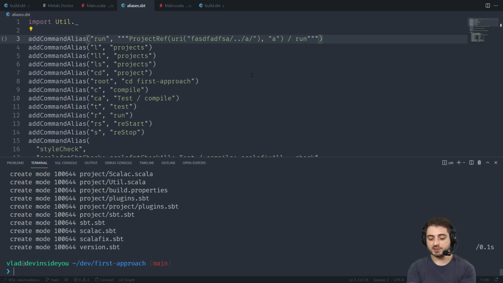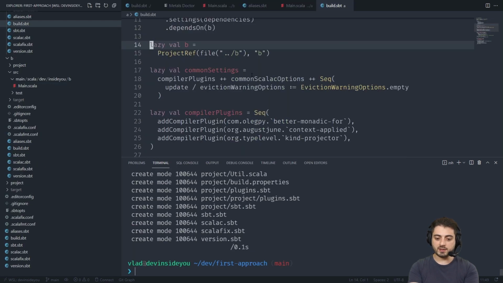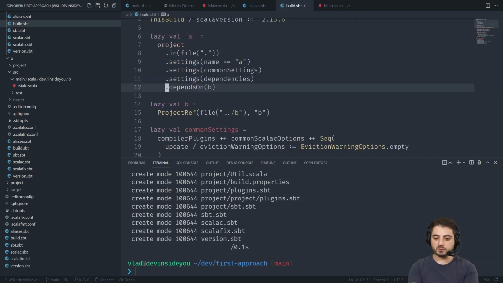Obviously, it depends on your constellation. In our case, we're still not going to change B. We're simply going to change A. So if you open the build for A, over here, where we're saying that it depends on B, we're going to use a fancy thing called LocalProject, and we're going to say B.